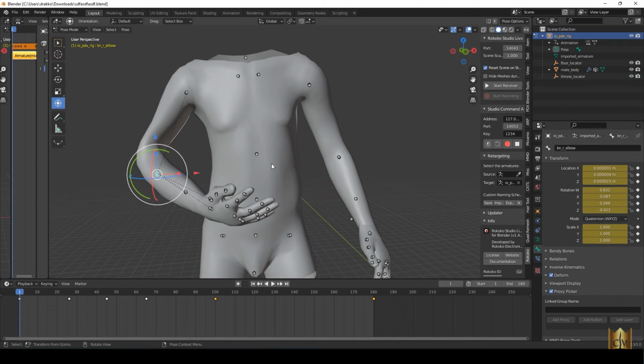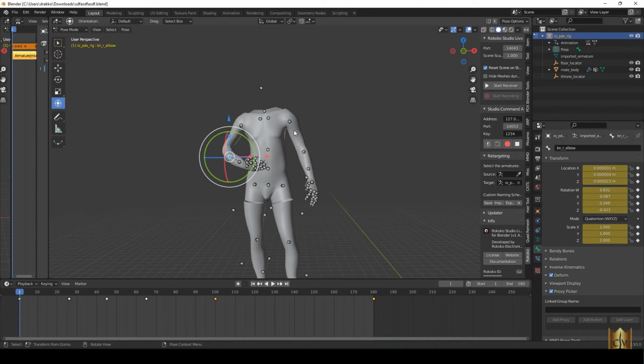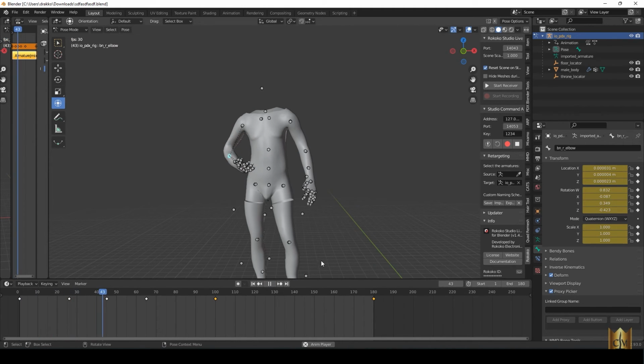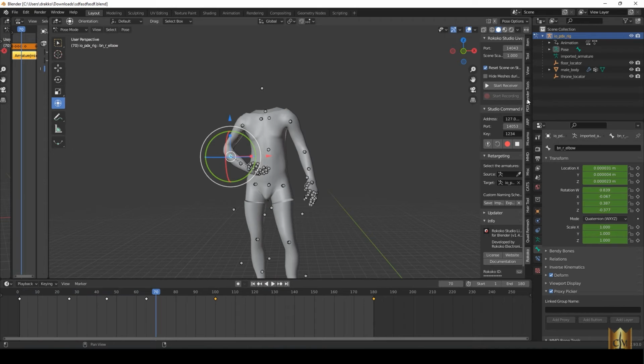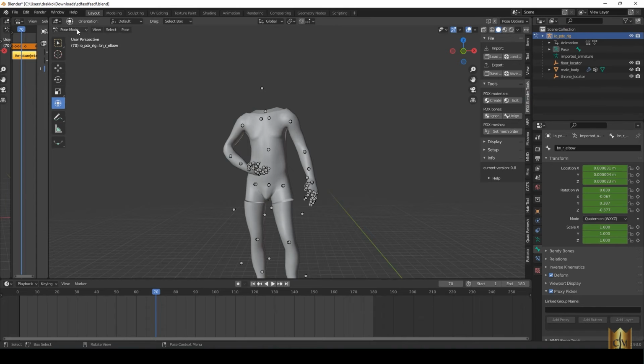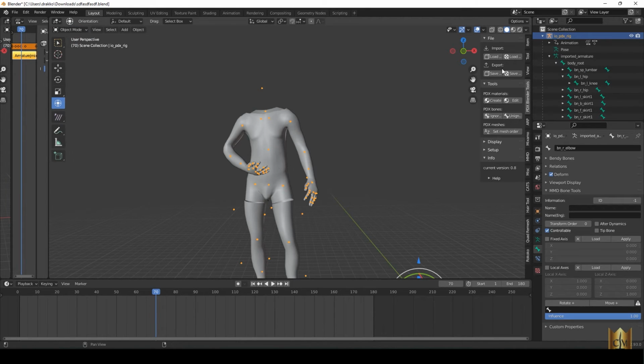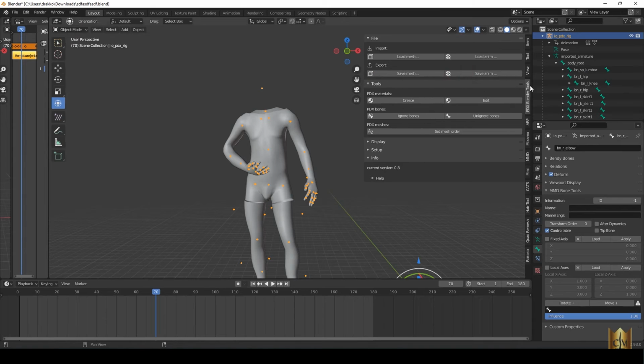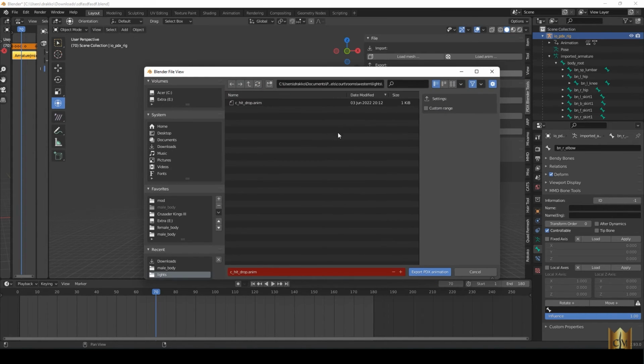So let me go back to this guy here. Let me finish. Okay, so now you're here at 180, and then we created this animation. So now let's say you want to import it into the game. All you have to do is make sure your rig is selected and that you're in object mode. And then you come over to the PDX Blender Tools and hit Save Animation. And then just type whatever animation you want. I don't remember what this... Oh, this is for some chandelier drop thing. But yeah, just go into